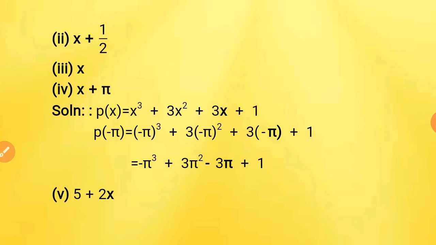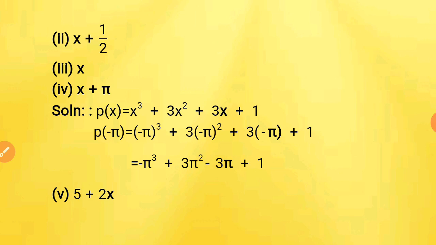Then, certain sub-questions are given over there. The second and the third one, it is just noted here, but you can try it on your own. Second sub-question, x plus 1 by 2. So equate it to 0 and you will get x equal to minus 1 by 2. So substitute minus 1 by 2 and you will get the solution. The third sub-question, we are going to equate x equal to 0. So just substitute 0 and get your answer.